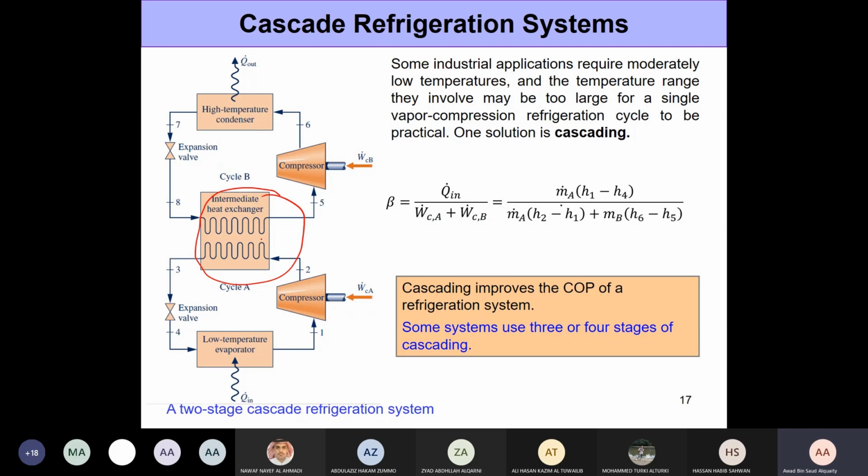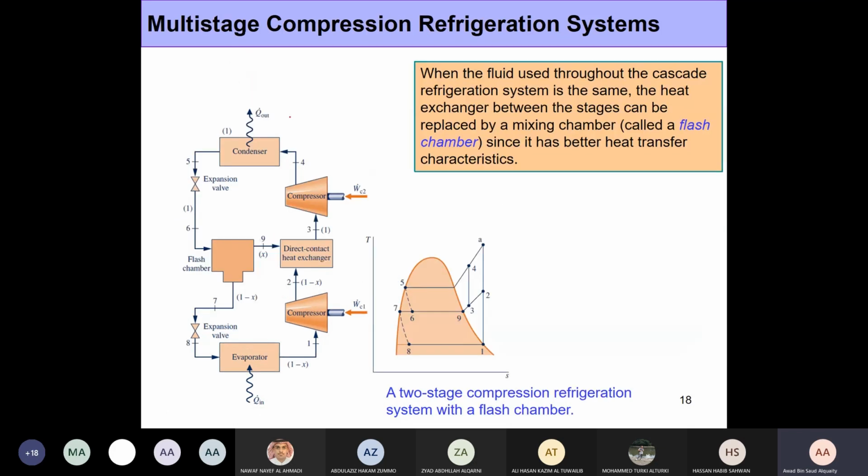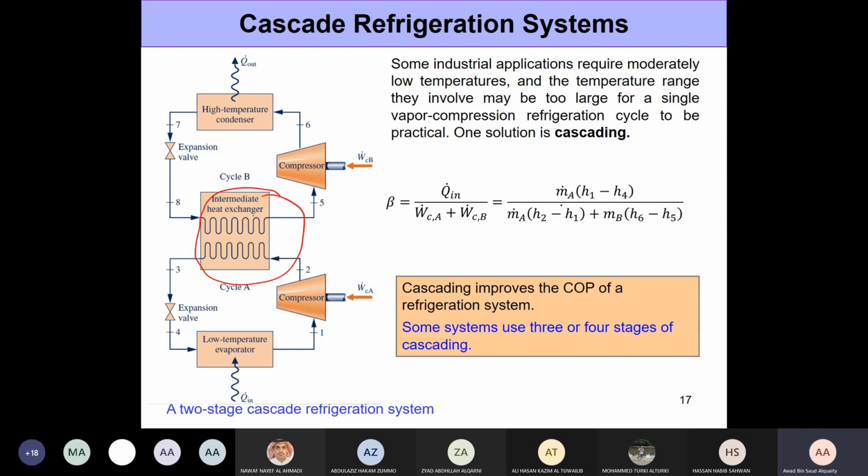In class, I want to solve the problem for the other case, which is the multi-stage compression refrigeration system. This is slightly complicated in the sense that here the mass flow rates are not the same in all components. They are different. So I want to solve this problem and make it clear to you how to handle such a case. Now, in the previous case, we said we have two different cycles, two different refrigerants,